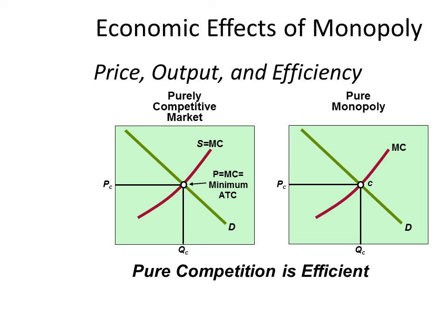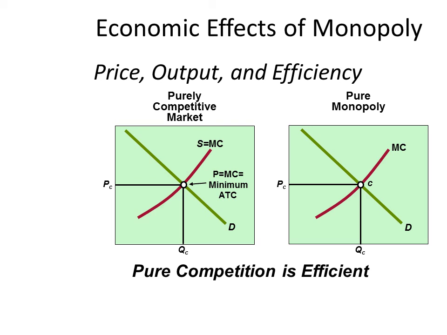So, what is marginal cost? It's the cost associated with producing the next unit of output. The change in total cost that the firm incurs by producing the next unit of output. So, in essence, the market supply curve is simply the addition of all of the individual firms' marginal cost curves.